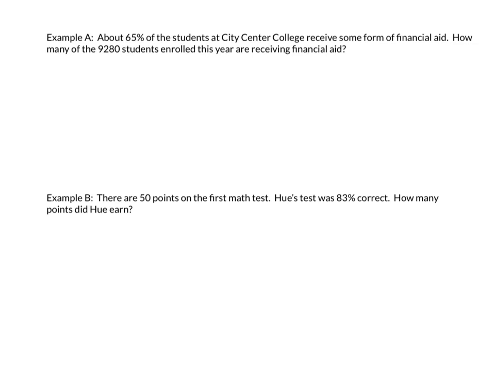So for example A, we have about 65% of the students at City Center College receive some form of financial aid. We want to know how many of the 9,280 students enrolled this year are receiving financial aid. So I'm going to use the percent proportion in order to set this up. So we get 65 over 100 is equal to